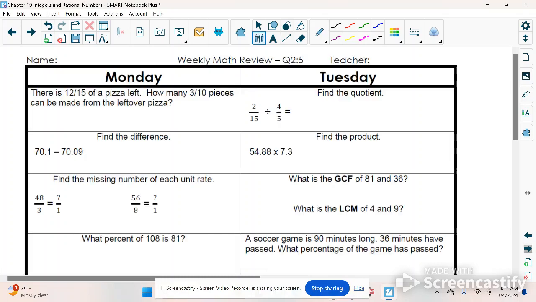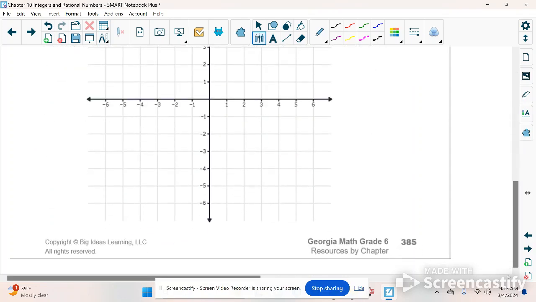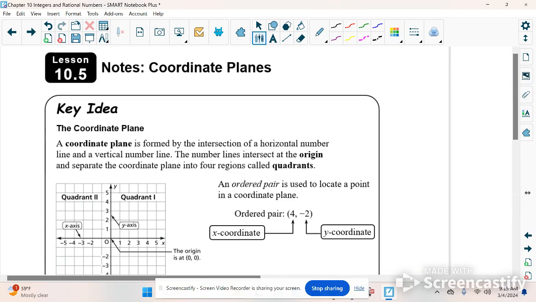All right, so this week we're going to be talking about coordinate planes. So we're in lesson 10.5 of your notes. I need you to find that. I got it. I can't remember what page number it's on. 385, page 385. So last year, y'all talked about coordinate planes, but you only talked about one section of